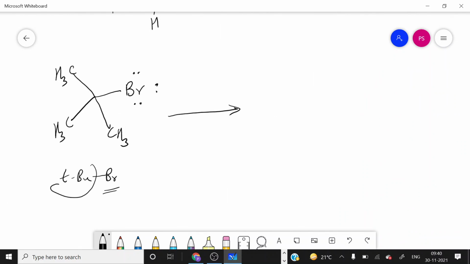I am going to break the carbon bromine bond in a heterolytic manner. We know that heterolytic bond breaking involves unequal movement of electrons. Now you have to identify the bond which is susceptible towards heterolytic splitting. The electronegativities of all carbons are less as compared to bromine. So bromine is more electronegative, so the bonded electrons should move towards the bromine.